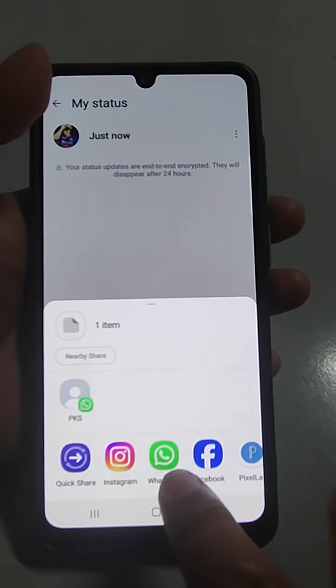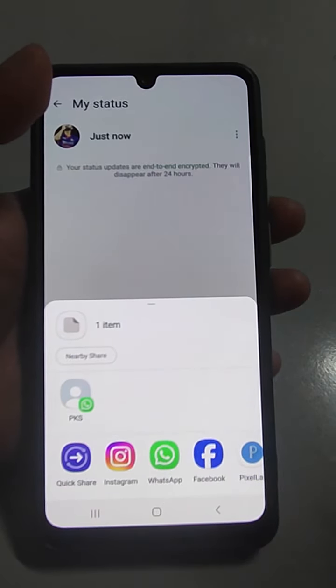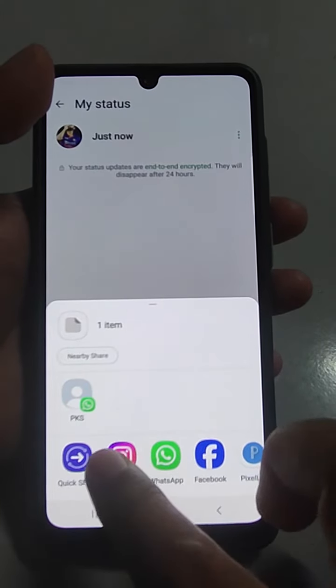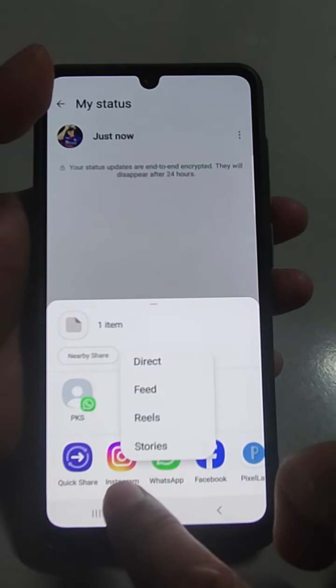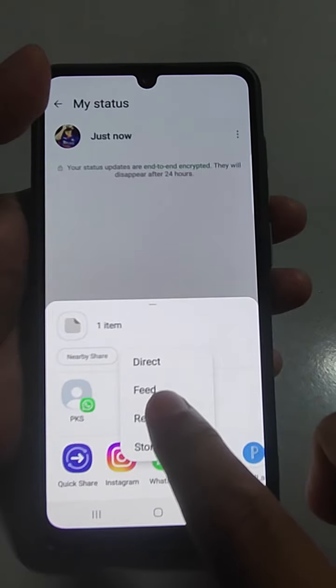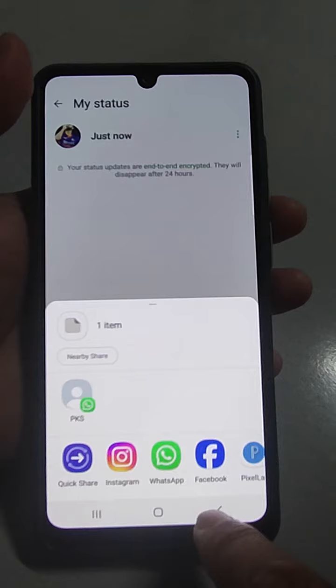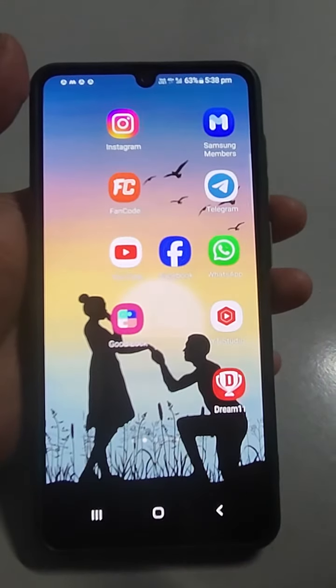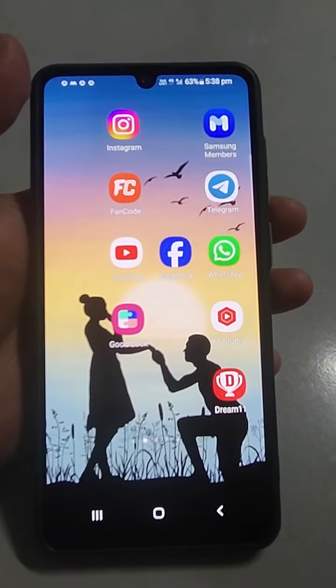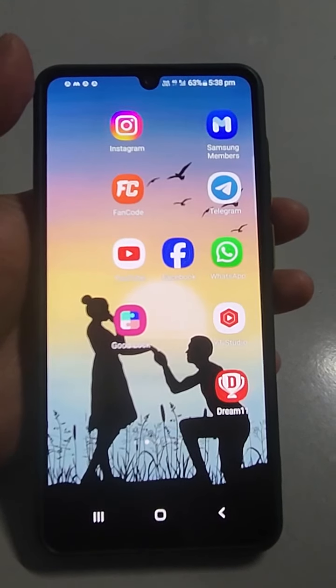Okay, if you are selecting WhatsApp, you can send it to selected persons. If you are sharing on Instagram, then just feed, reels, stories, direct, where you want to share. So this is all what I wanted to tell you, how to share your WhatsApp status on Instagram or any other social media